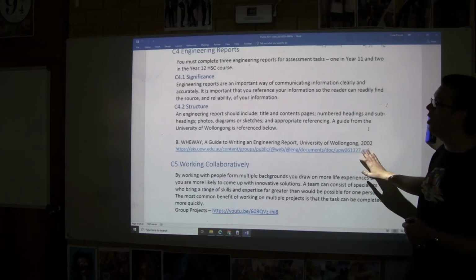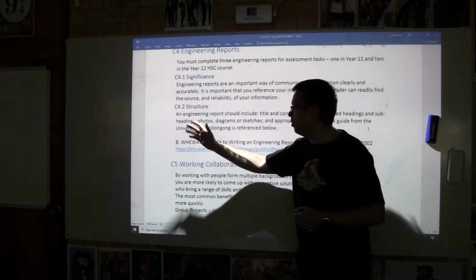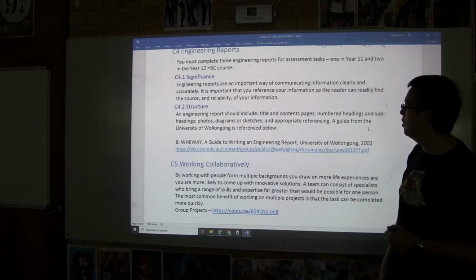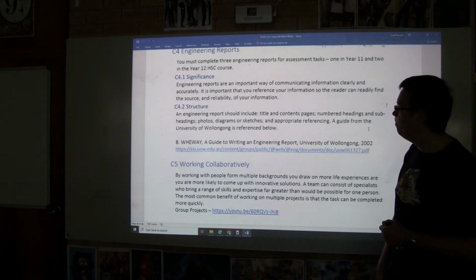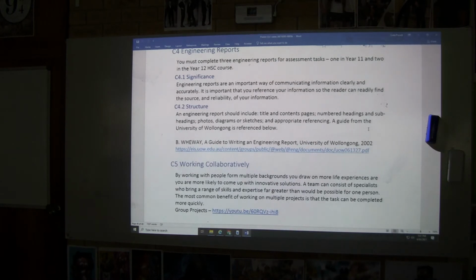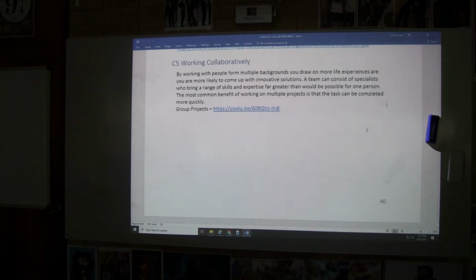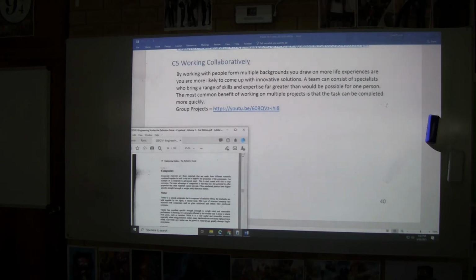A guide is provided by Bob Wee. I think it'd actually be R. Wee because it's Robert, I presume, but from the University of Wollongong. The last thing I think here is working collaboratively, and I've talked about those benefits, and I have casually explained there. The last thing I'm going to talk about in this video is Paul Copeland's Engineering Studies, The Definitive Guide. This is volume 1, and in that book